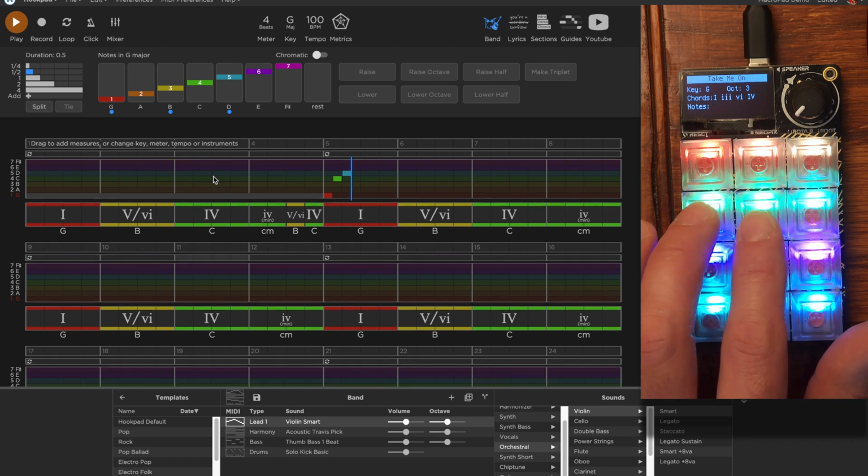And then each column fits a part in the progression. So I'm just going to kind of march down a progression a bit. Let's give it a very generic melody, a rest.